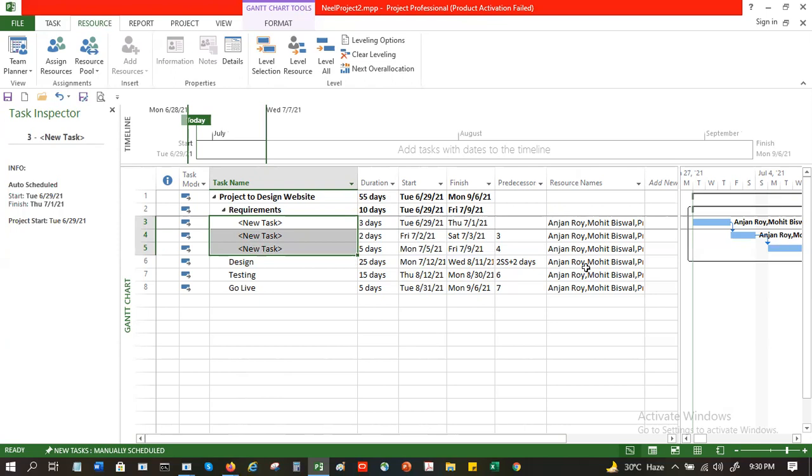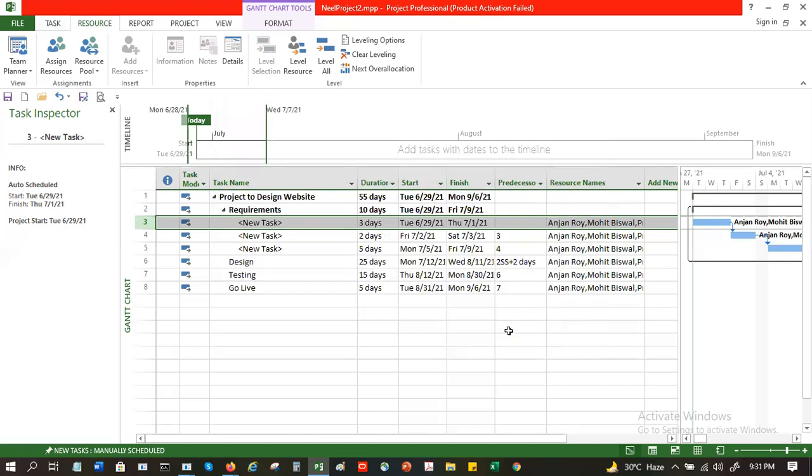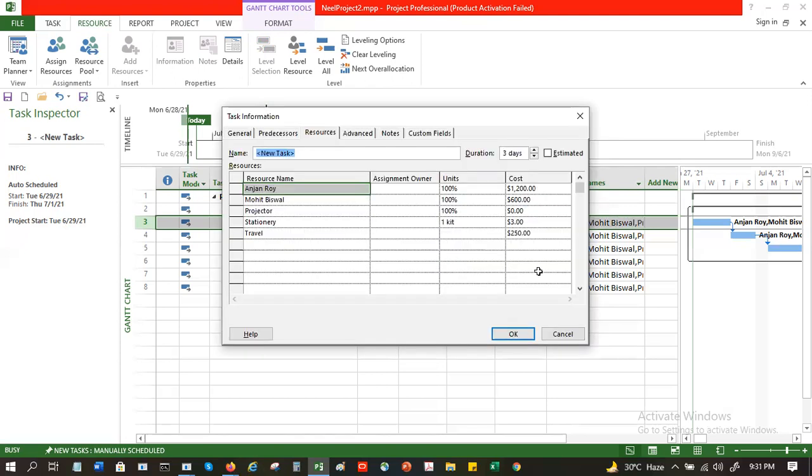For example, Anjan Rai, he is the project manager, right? So what you can do is go to resources, instead of giving him, see, the entire cost has been worked out. And travel, 100%, since I don't know how much travel is required, I can put a limit here and I can say okay. So the system will show me the cost also. So just an assumption on travel, right? Yes. Or I can wait till the actual travel happens and put in the actual travel cost.